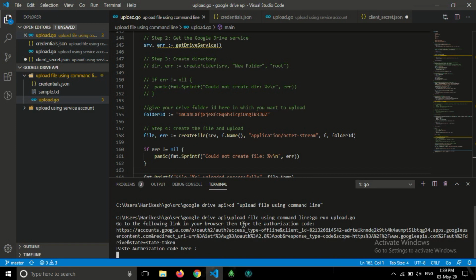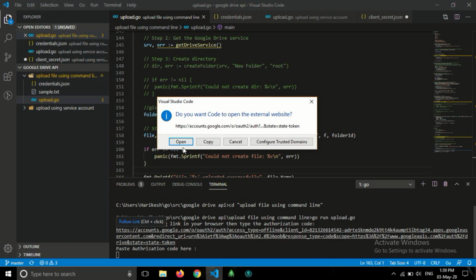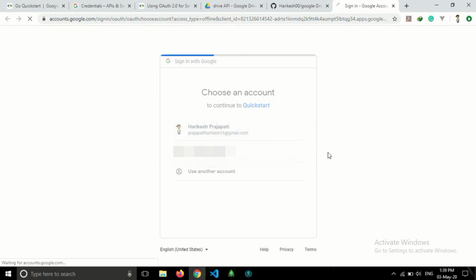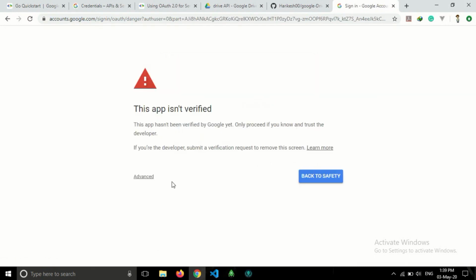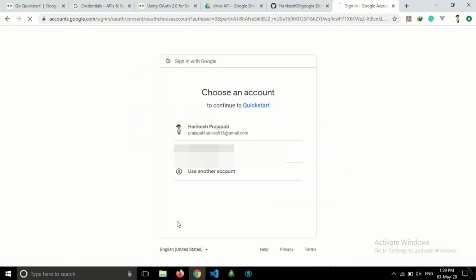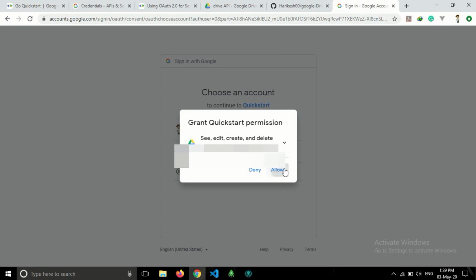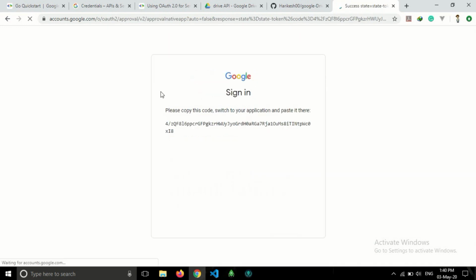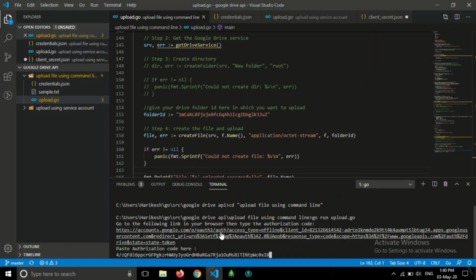Here it is saying go to this URL. Click on advanced, go to quick save, allow the permissions. Here the code is generated, so copy it, go to the command prompt and paste it here.